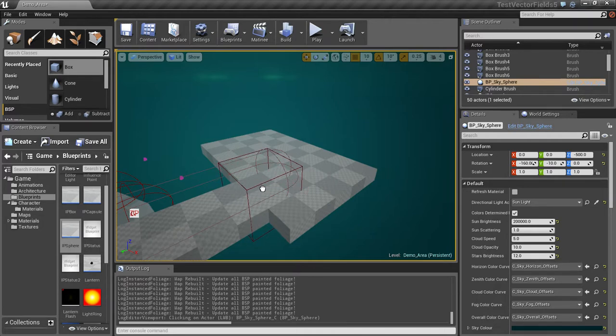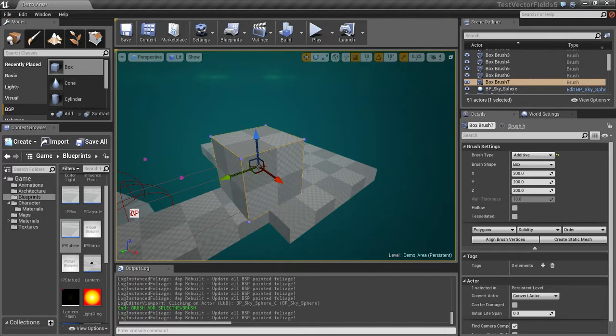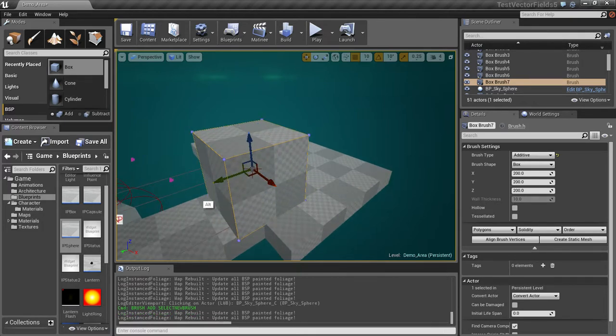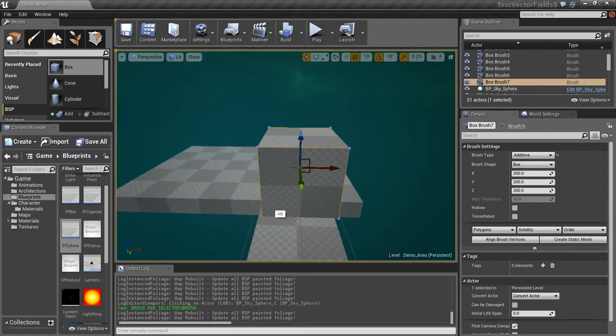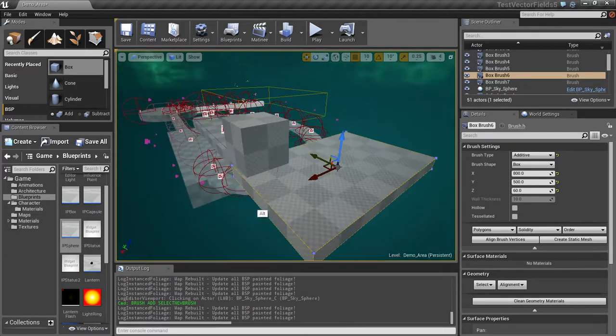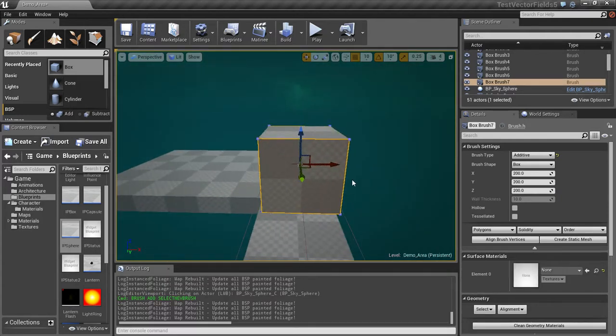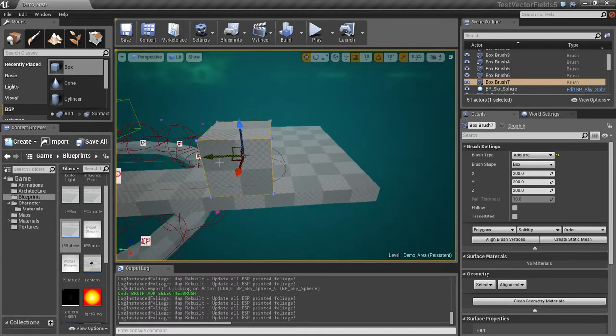It goes right here over the centre. In fact, I need to move this one slightly to line it up on the side. Okay, and there's this box, which I'm going to line up again, and position